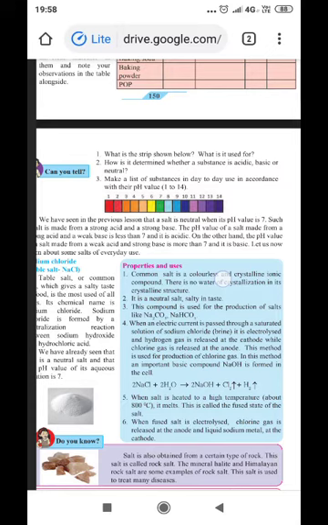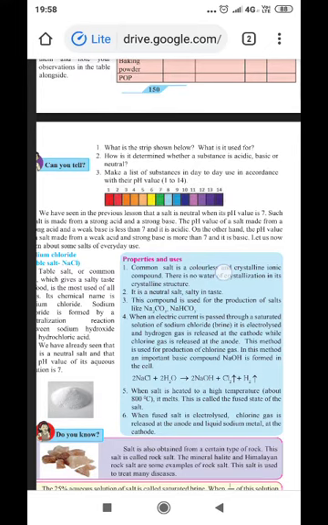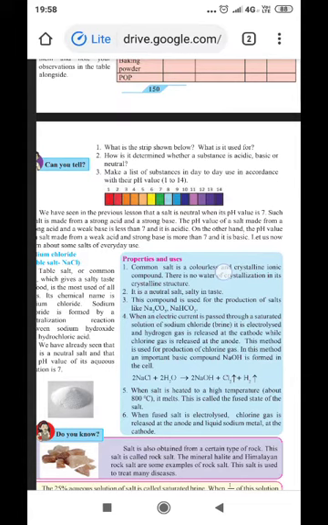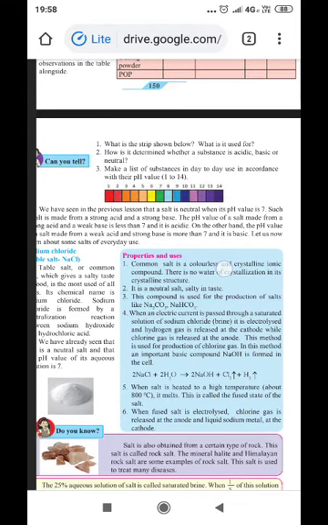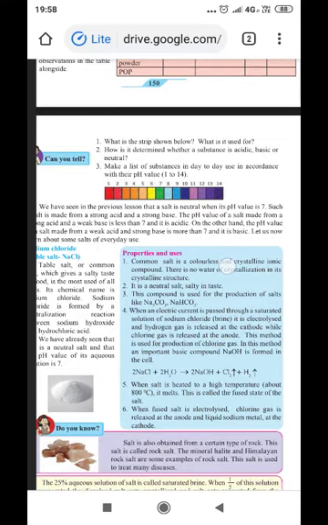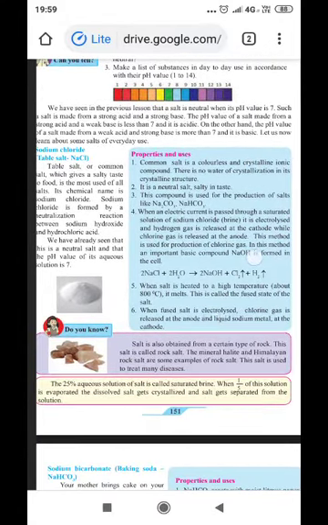With the help of pH paper, if the value of pH lies between 1 to 7, then it is called acidic, and if the pH value lies between 7 to 14, it is called basic, and if the value of the pH is exactly 7, that is green in color, it is called neutral in nature. So we can prepare a list of certain food substances in our day-to-day life, and we can find out the pH value, and on the basis of that we can identify whether it is acidic, basic, or neutral.